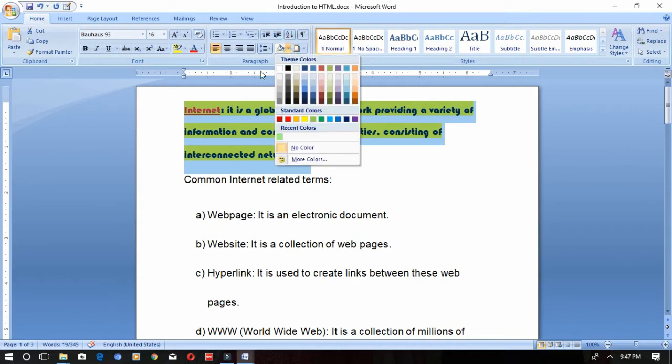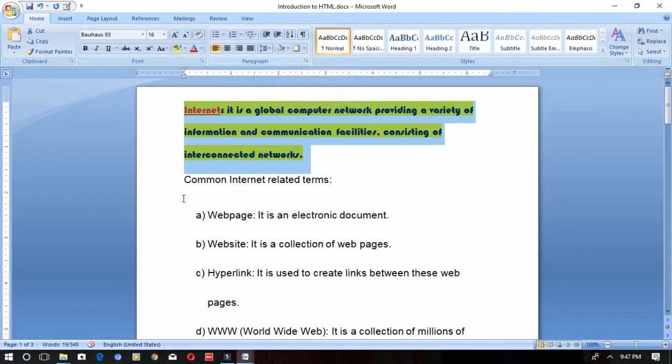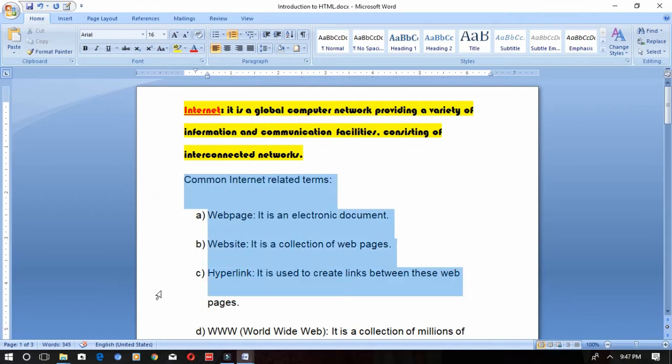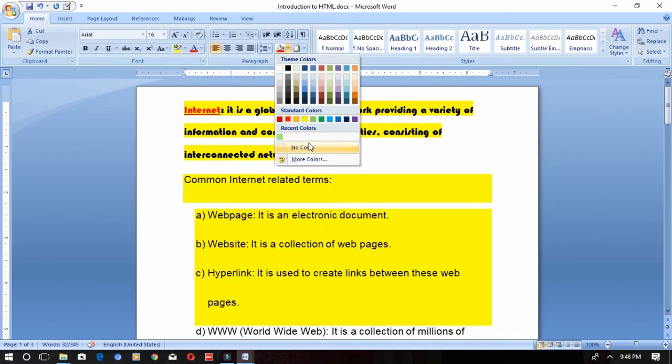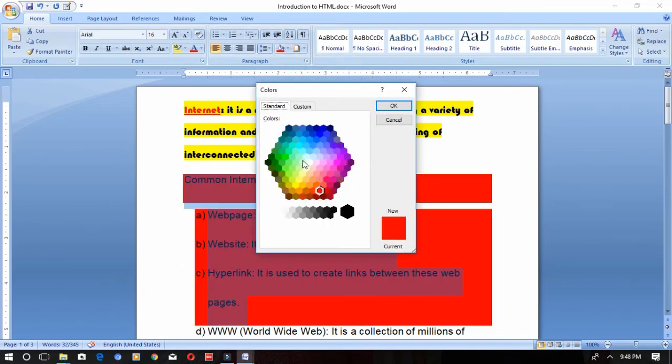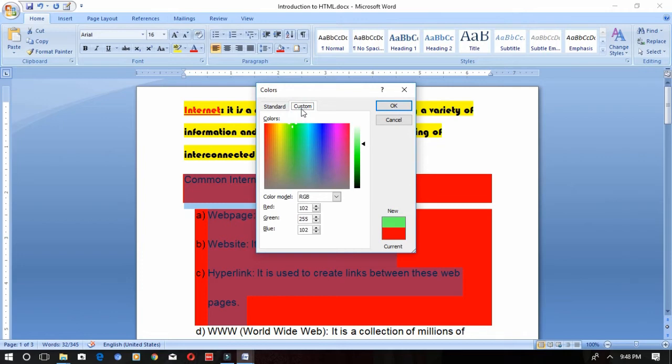Next is text shading. You just saw the first three lines, where I had highlighted the text. Now I am going to shade the text. See how this works: any color you can use to shade the text. You understood the difference between shading and highlighting the text, I hope. If you want different colors, how do you do it? Go for more colors. You have theme colors, and standard colors, and you can select any of them. If you want to customize a particular color, you can do that. Just drag this arrow using the left mouse button.